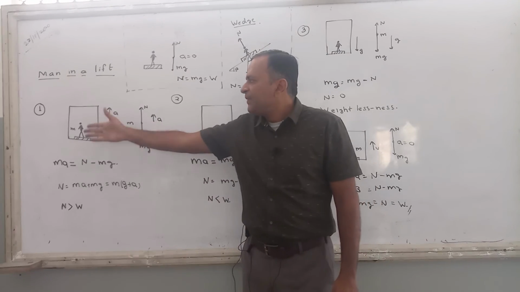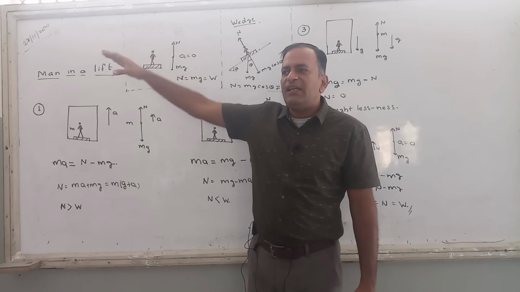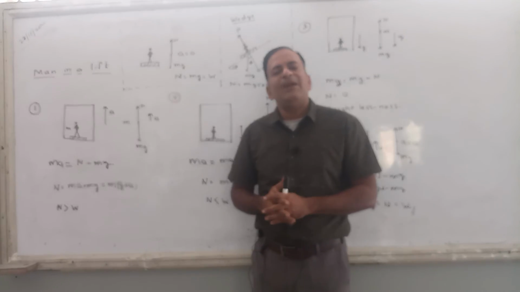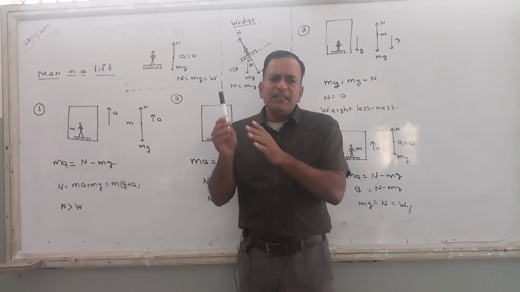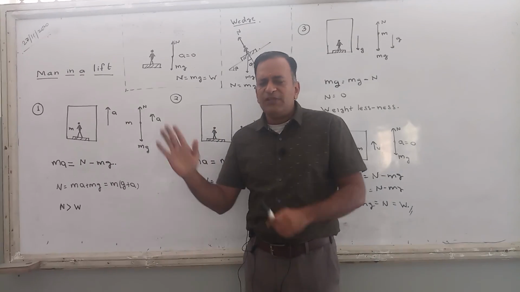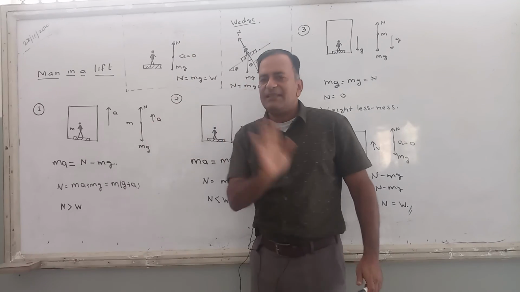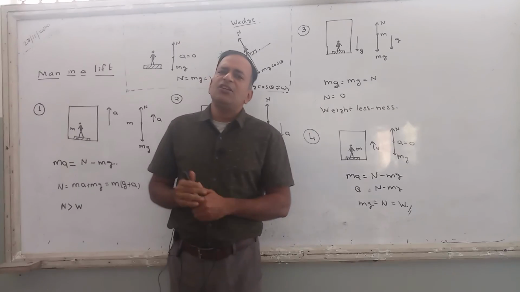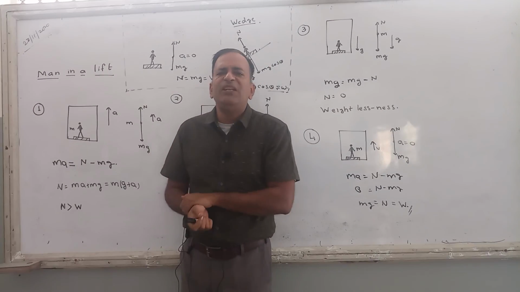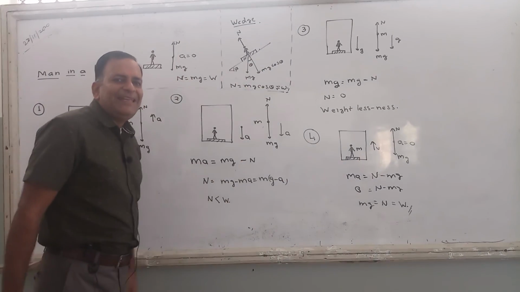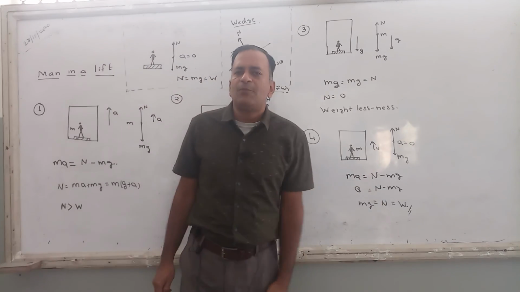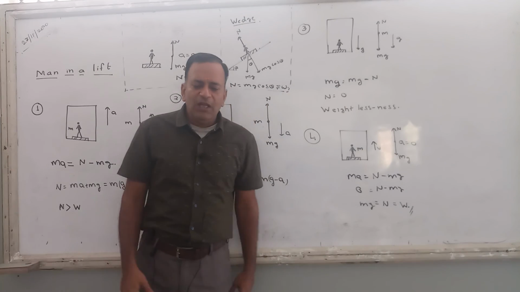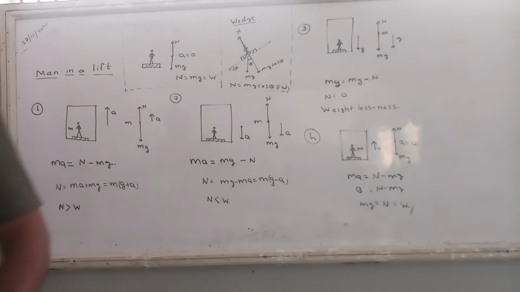ठीक है, लिफ्ट को अभी मैं अगर ऊपर ले जाऊं with a certain velocity or certain acceleration, ठीक है, नीचे ले जाऊं, अभी तो लिफ्ट को सिर्फ ऊपर और नीचे ले जाने का बात की है. We can also move this lift towards left, towards right. We can also move this lift obliquely like this. Okay? Once you learn the technique of how to calculate this, you will be able to solve each and every problem. May it be simple like in your textbooks, or may it be complex like the problems given in H.C. Verma and other books. Okay. The basic thing is that you have to learn more and more numerical techniques.